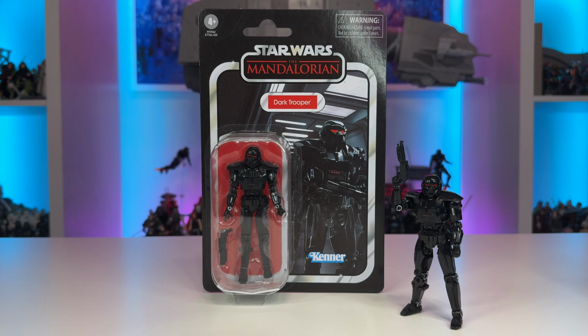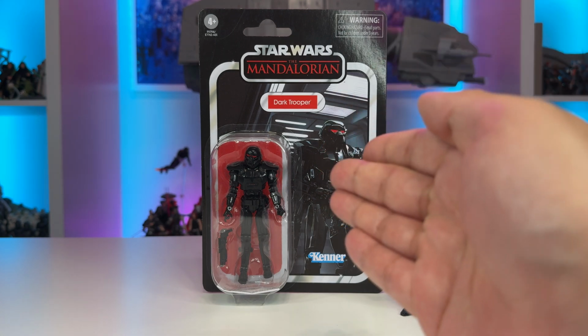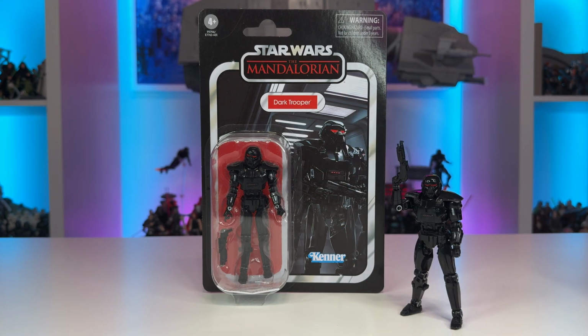Yes, this is a straight repack pretty much of the deluxe version that we saw some time ago. And it is nice to see this one on a card. This is definitely how I would prefer to add this to my Mandalorian carded collection. You couldn't really do that with that deluxe box. It just doesn't look good as a display item. This looks way better in my opinion, but I did appreciate getting that deluxe version with more accessories, specifically the